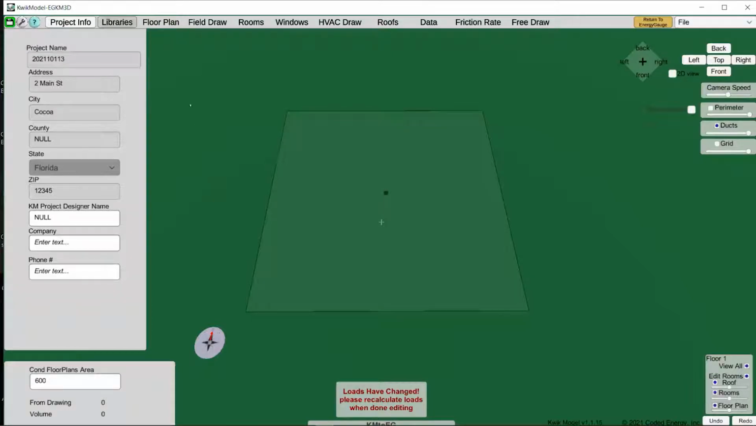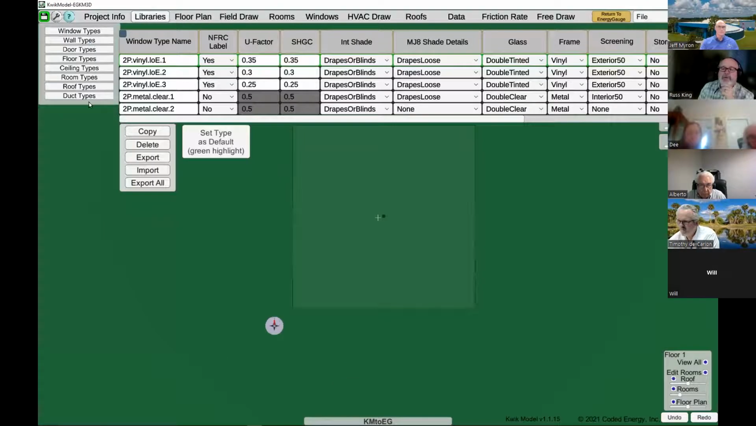So we'll go to the libraries tab next. And this is where you store all the different assemblies, okay? So you'll see up here, there's tables for windows, walls, doors, floors, ceilings. There's some room types, there's some roof types, and then there's some duct types, okay? So this is where you can store all of these libraries that you may want to reference, that you may want to choose from